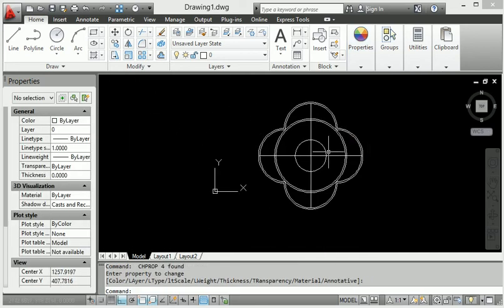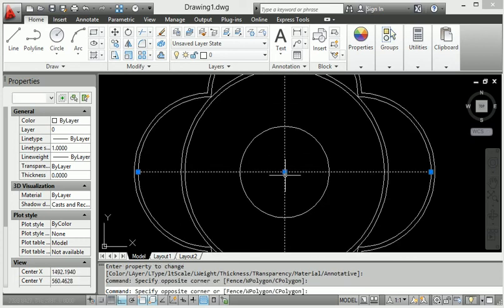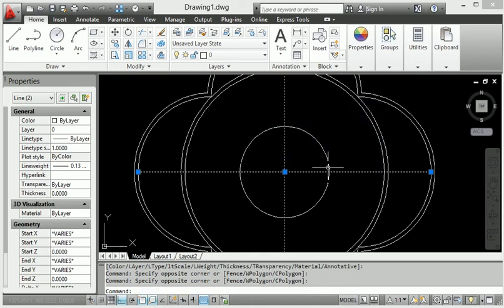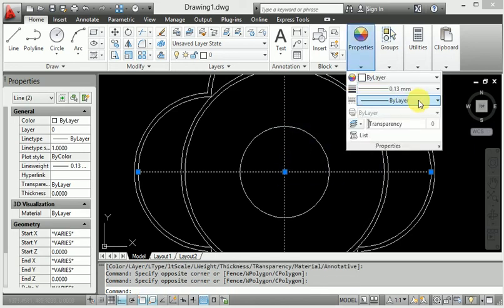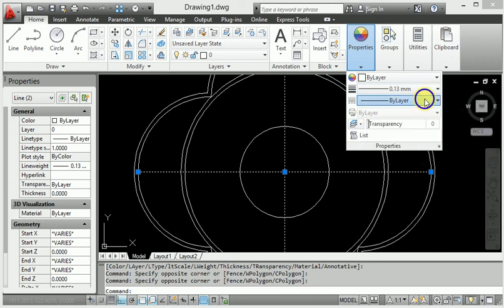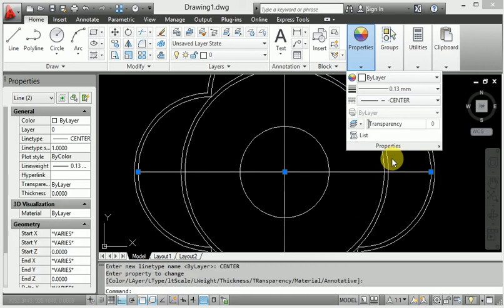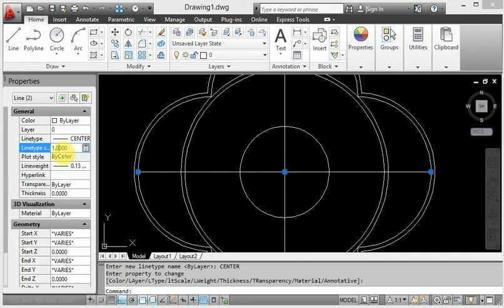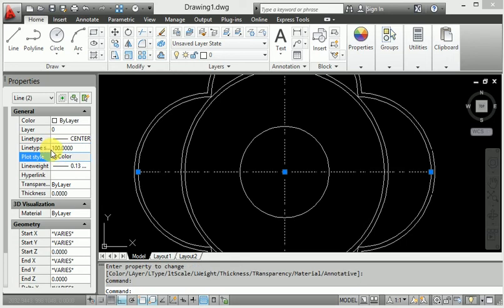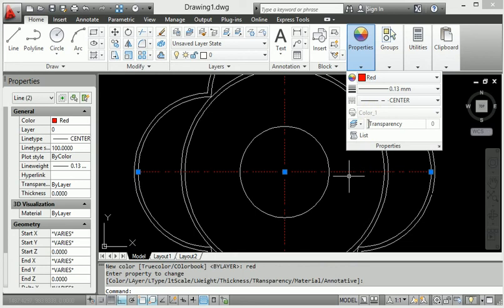So it provides the particular thickness according to the presentation of the drawing, how much thickness we want, and how dark lines and light lines are presented, they will provide this. So this is the center line, and I get the distance here as 100 mm. It provides center. Then also I have to provide color.